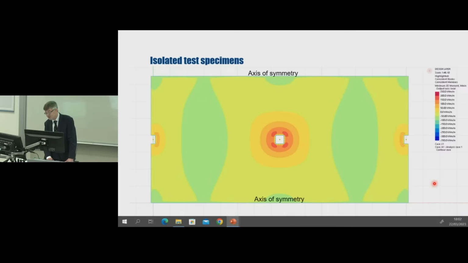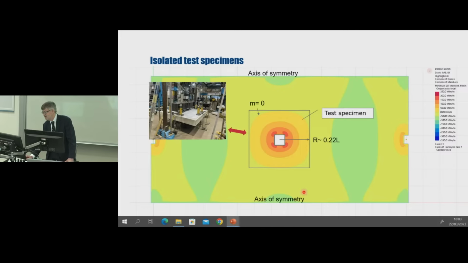Codified design formulae for punching shear have traditionally been obtained from curve fitting the results of laboratory tests on isolated punching shear specimens. The isolated specimens are intended to replicate the zone of slab inside the line of zero radial bending moment. Over here we have a punching shear slab being tested in the structures laboratory.